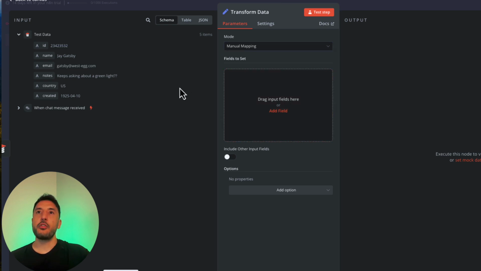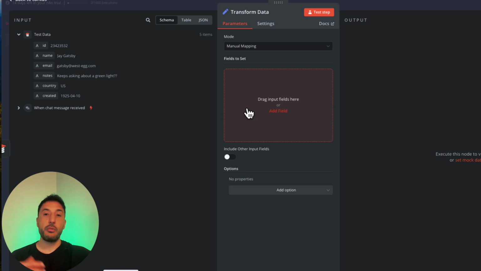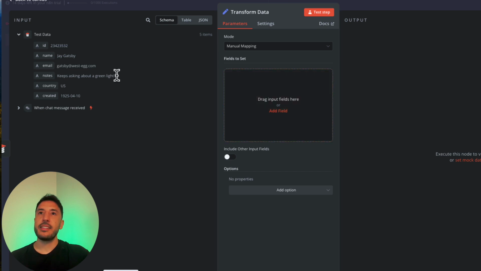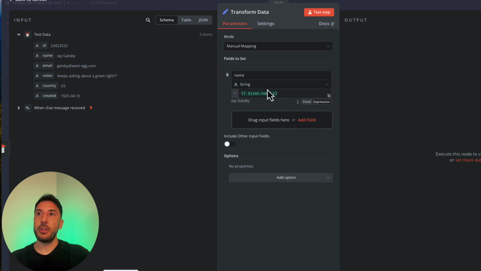So one of the great things about n8n is that you can actually drag different items inside of nodes and be able to interact with that data, manipulate that data, change that data, or add something to it. So let's go ahead and let's say I want to filter this data or transform the data that's coming in just by the name and the email. So I'm going to go ahead and grab the name and just bring it down here.